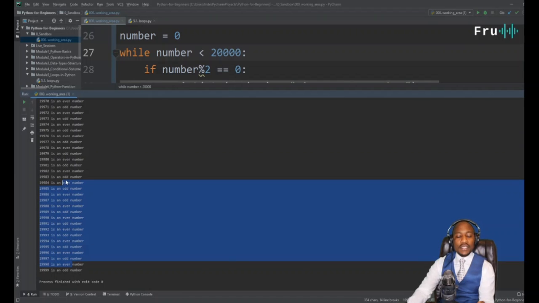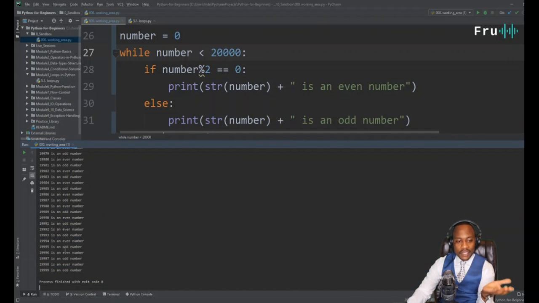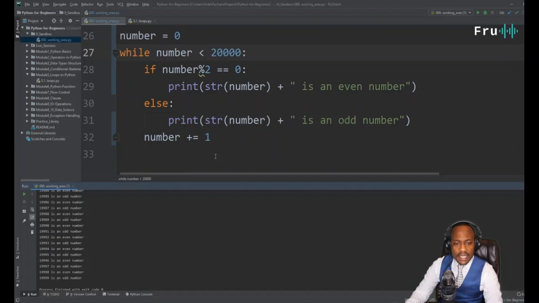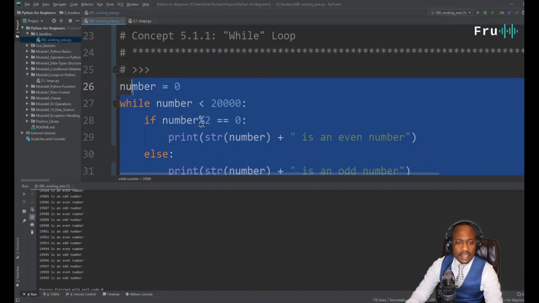Imagine having to do this by hand with a calculator, guys. That would be mission impossible. But with Python and the power of if statements, guys, you can figure this out to 20,000 or 2 million with a very simple script. All right, basic but very, very powerful concept. Now this takes us into a next concept which we're going